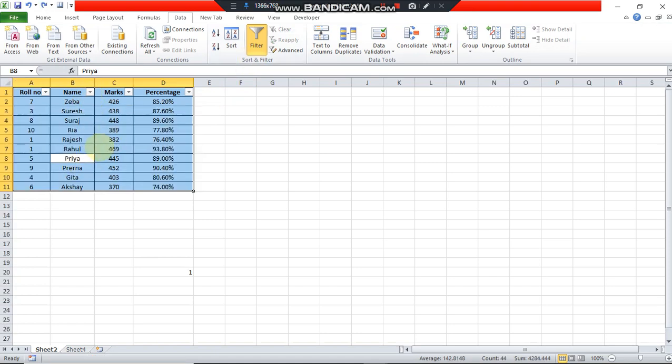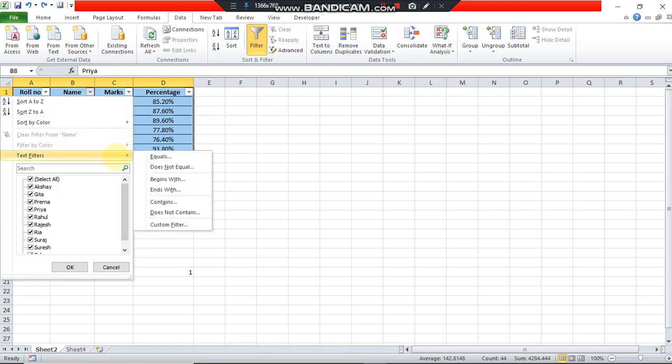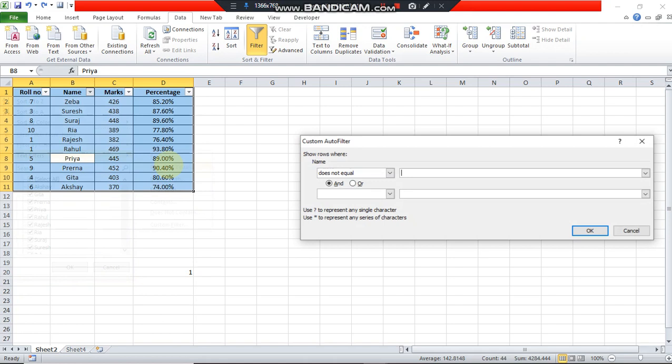Now I'm going to show you another feature of this filter, that is text filter does not equal. In does not equal, you give an entry or multiple entries separated by commas. I'm going to show you one example. Let's just write Zeba.